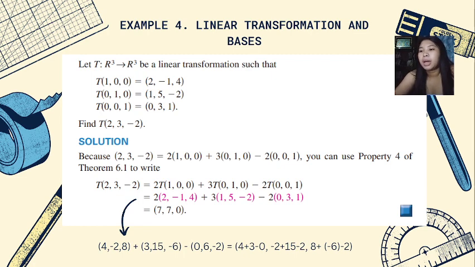Copy the sign minus. 2 times 0 is 0. 2 times 3 is 6. And 2 times 1 is 2. So,